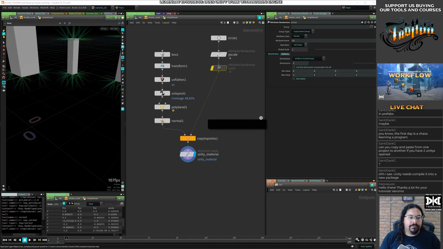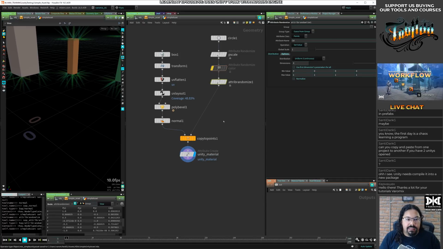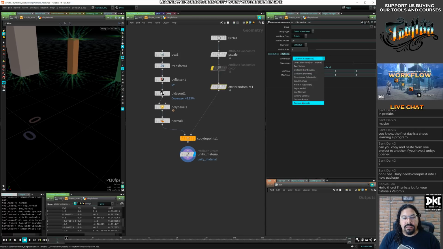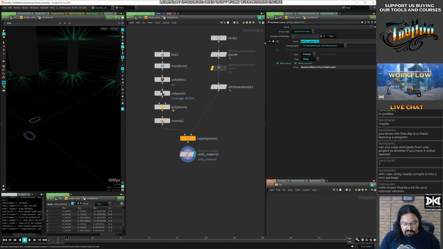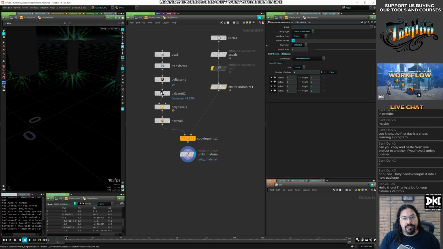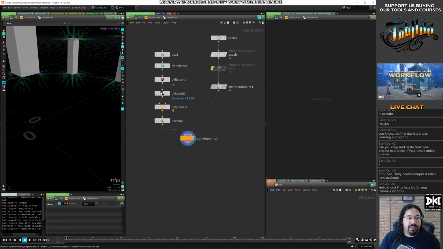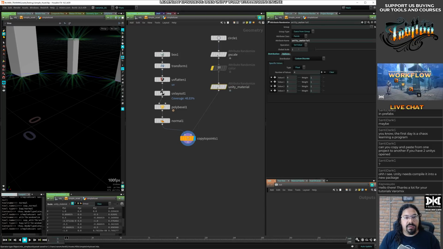But if I do a randomized attribute and then set this to custom discrete, I can set a Unity material here, delete it from there, let's put the same name here, Unity material, and then I can change this to string and I can put different materials here and actually say which one I want more of or less of.